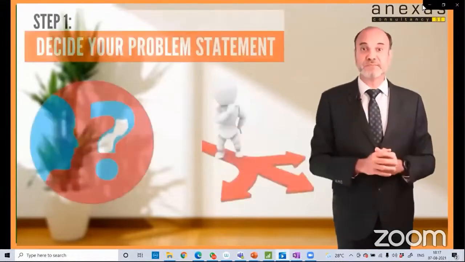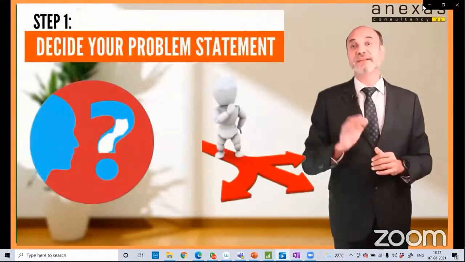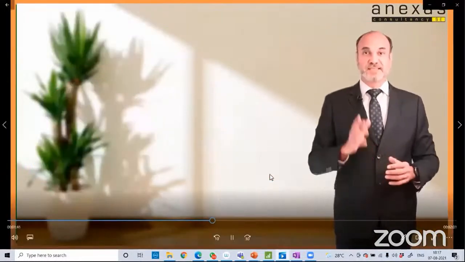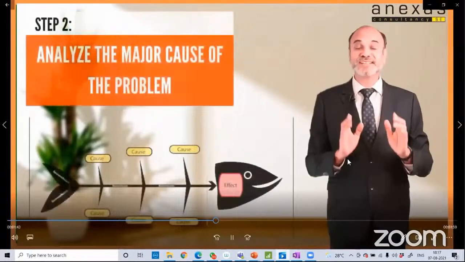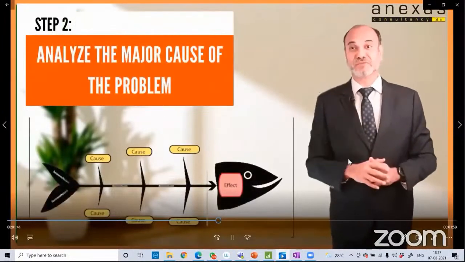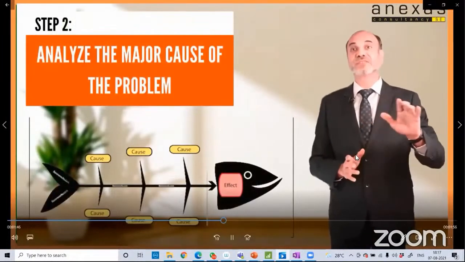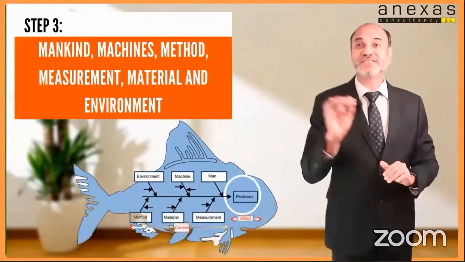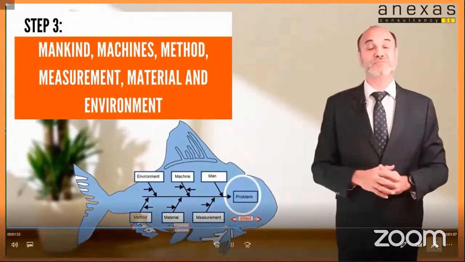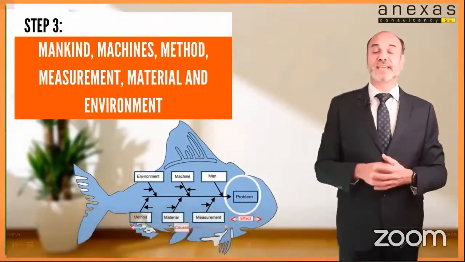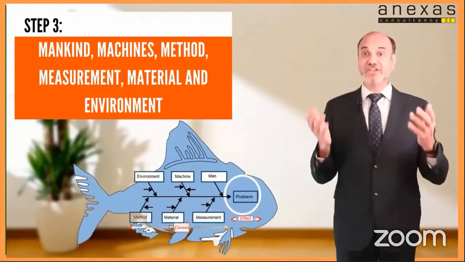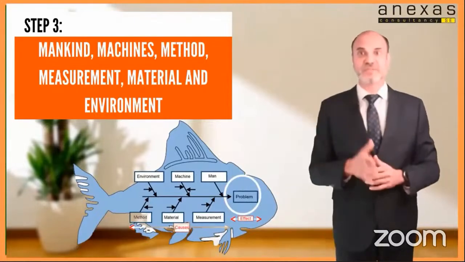Step number 1, you start by deciding your problem statement and write it in the center within a box. Step number 2, you should analyze the major causes of the problem and write them down next to the problem statement horizontally. Step number 3, now you can go on with categorizing the causes as branches of the mid-vein. You can use the categories like man, machines, method, measurement, material, and environment, or Mother Nature, just to make it